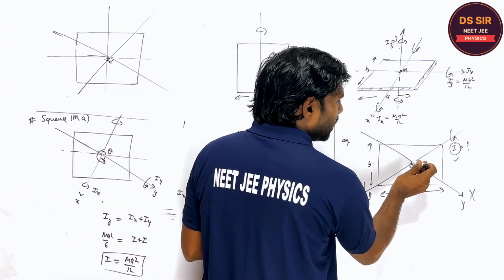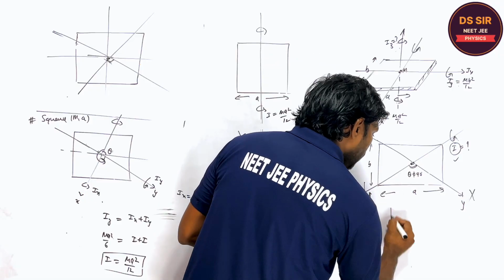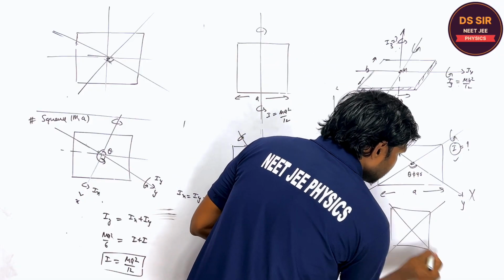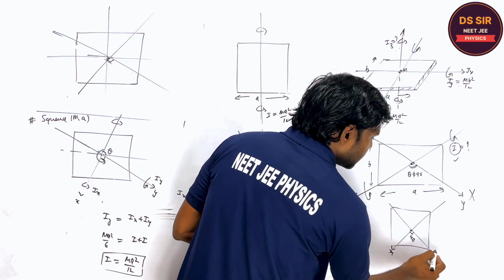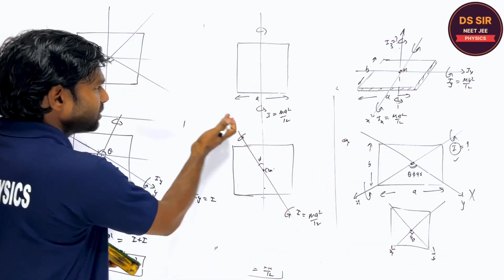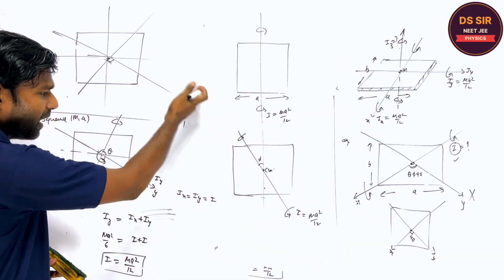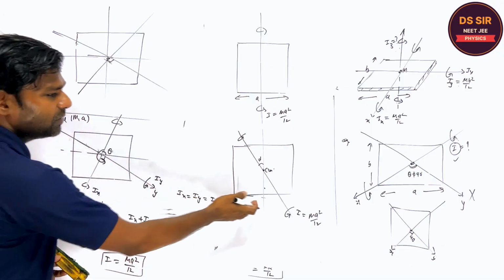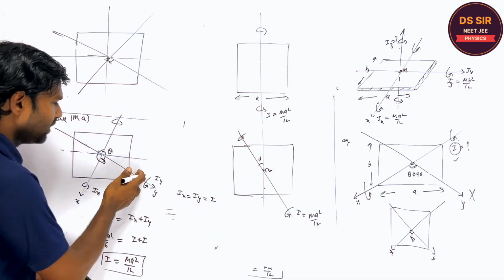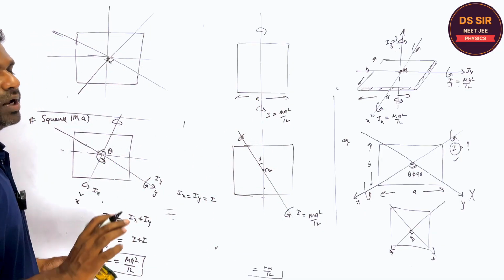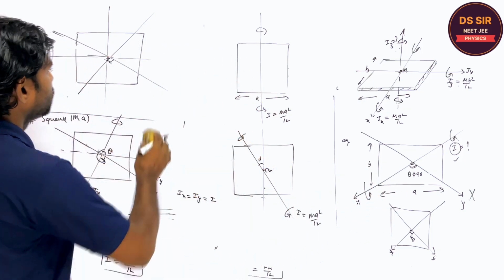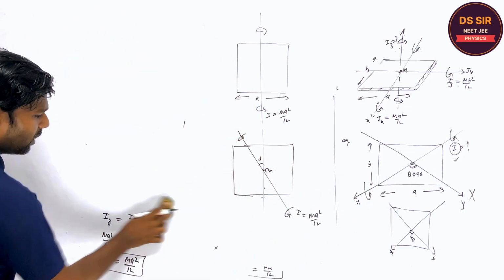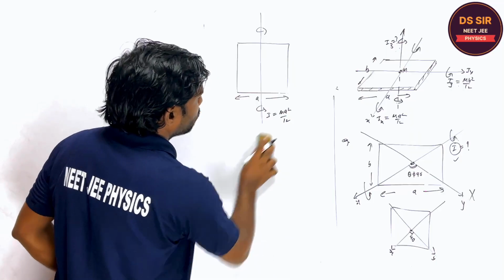Yes, sir. We cannot apply the perpendicular axis theorem only for the square; we can apply it because this is 90 degrees. If it is Ix, it is Iy. That is the reason for all the calculation we have done for the square, not for the rectangular lamina. I will solve this later, but now I start the